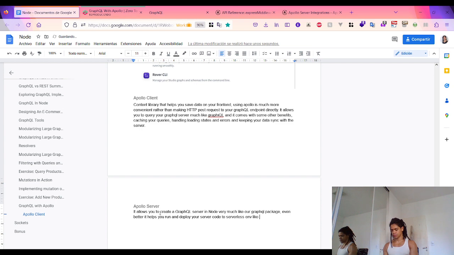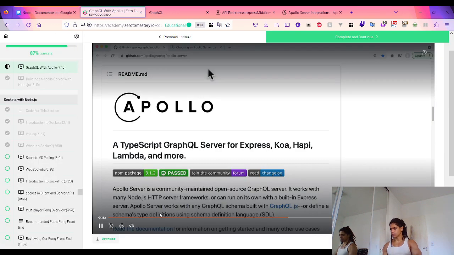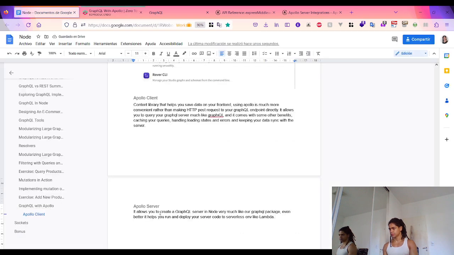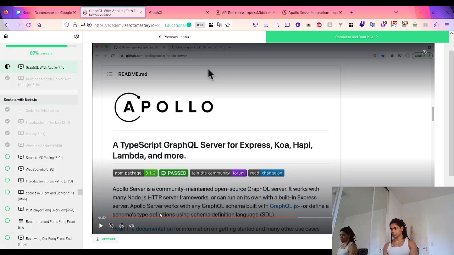And it includes functionality to help implement subscriptions in your server. Subscriptions are the third type of GraphQL operation. We had your normal read queries, we had mutations, and we have subscriptions,